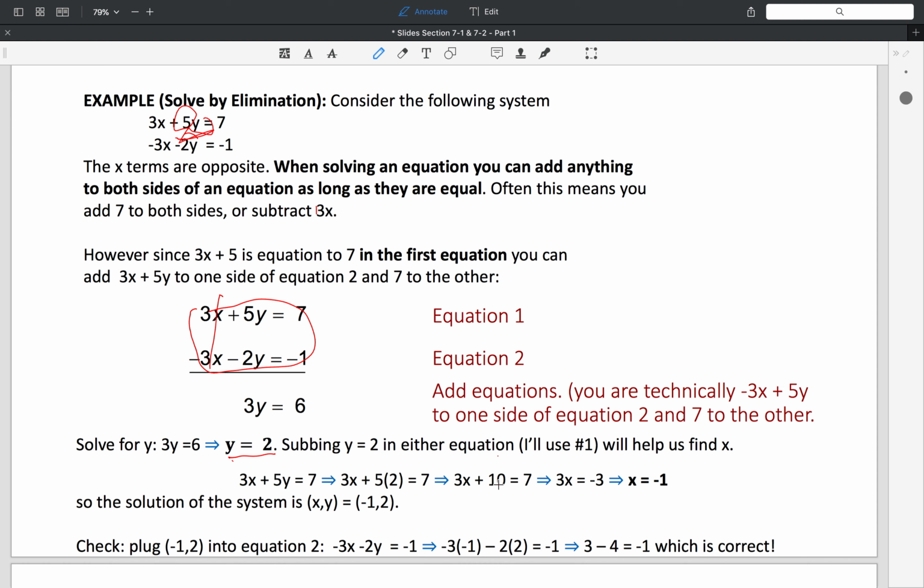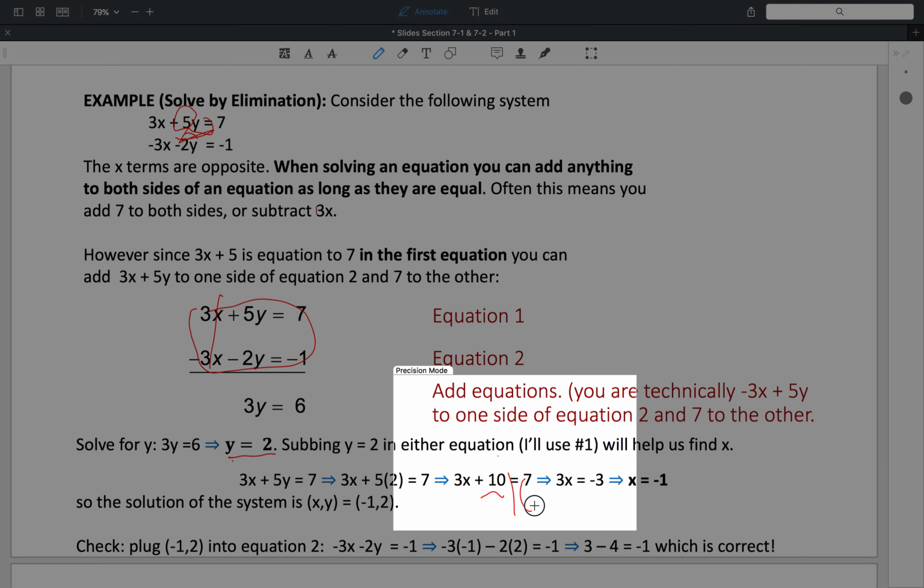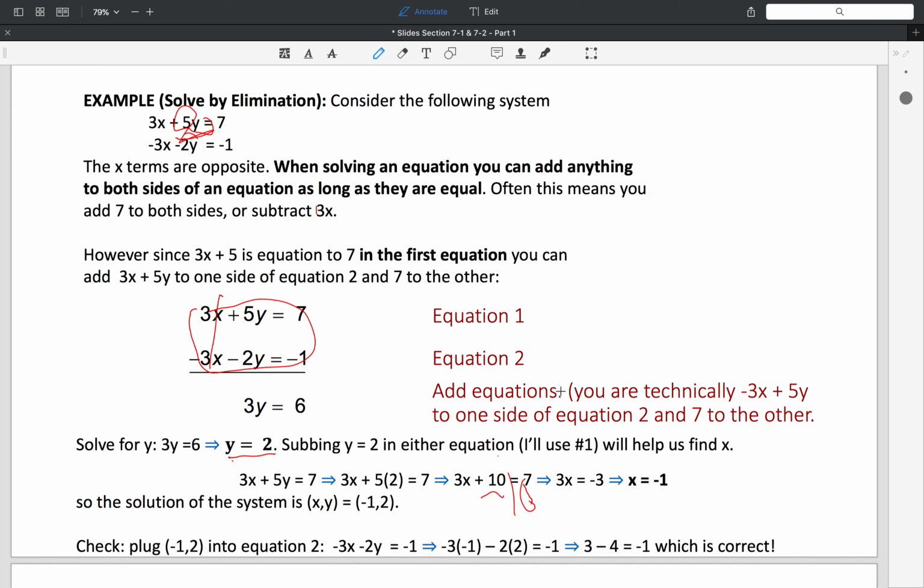I multiply, so 3x plus 10 is equal to 7. I subtract 10 from each side, so I subtract 10 here from each side. And then I'm going to get 3x is equal to -3, and then I get x is equal to -1. So I get y is equal to 2 there, I get x is equal to -1 here, and then my